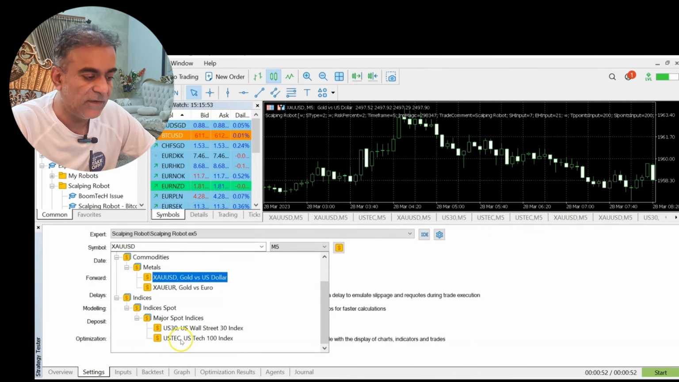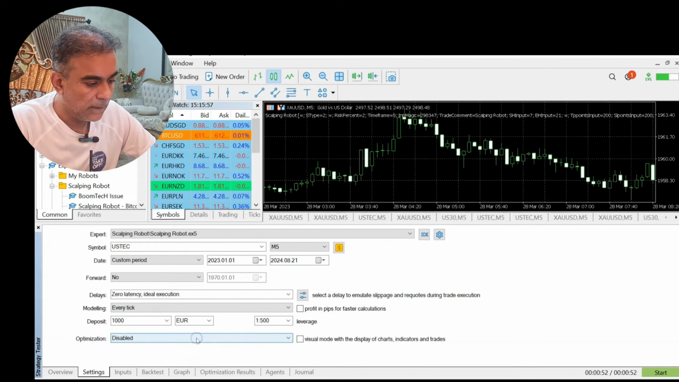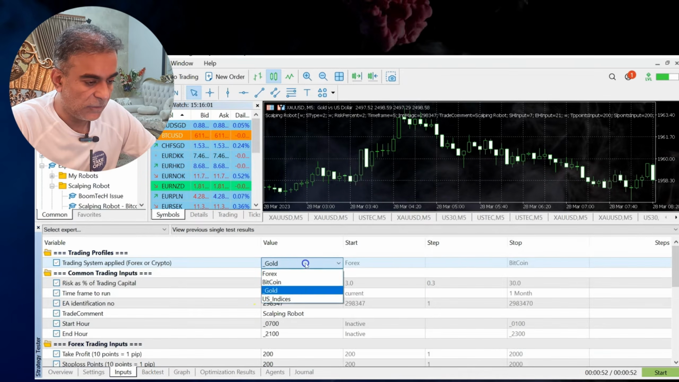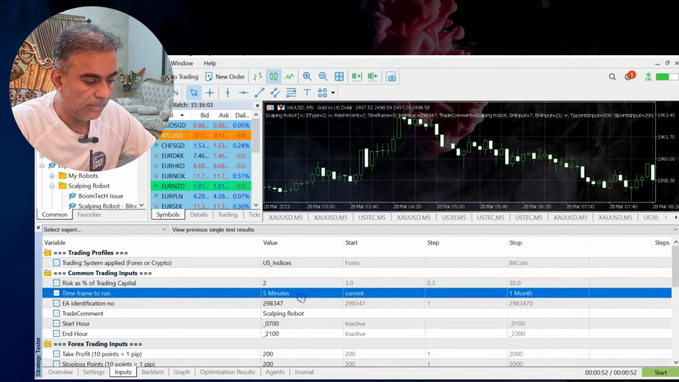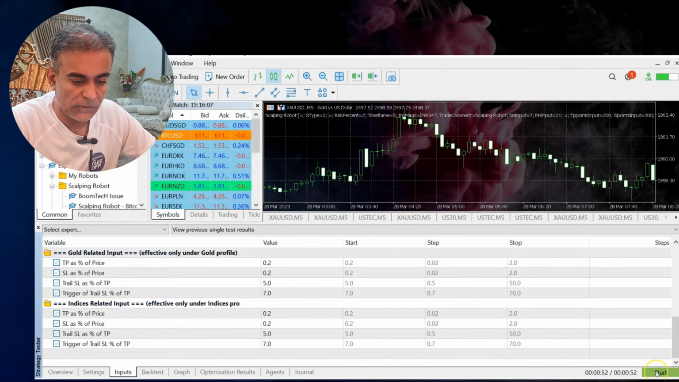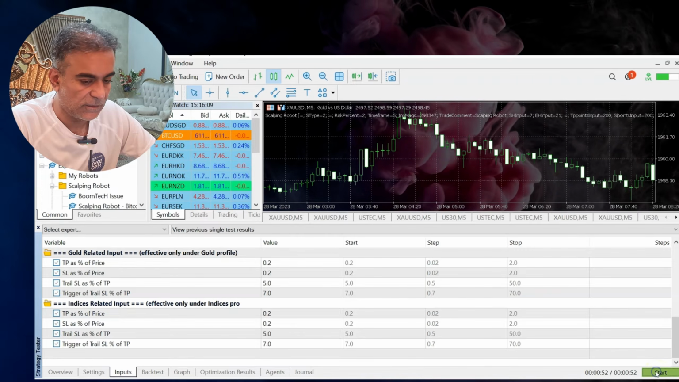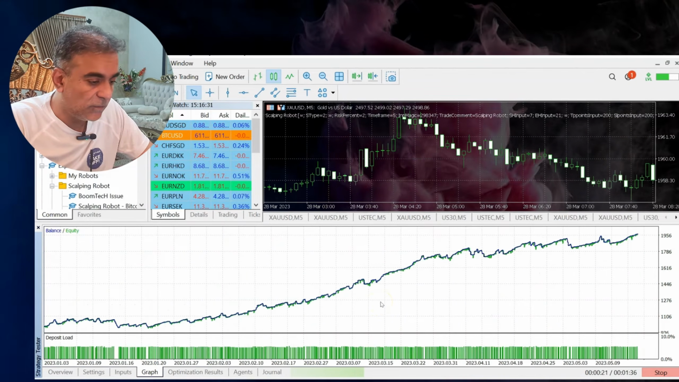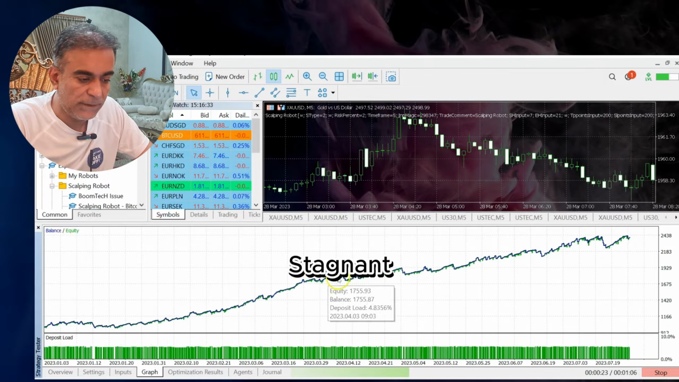And I will just run Nasdaq, but you can also apply it on US 30 as well, Dow Jones. On the input tab, we're going to go up and select US Indices as the profile. Now these inputs are going to be used and not the Bitcoin ones or the gold ones. Let's start the test. Once again, no relative drawdowns because of the tight stop losses, periods of stagnation, periods of